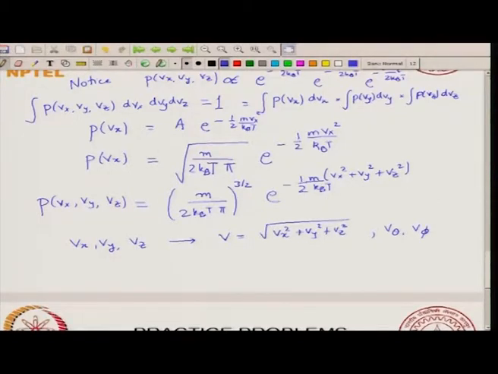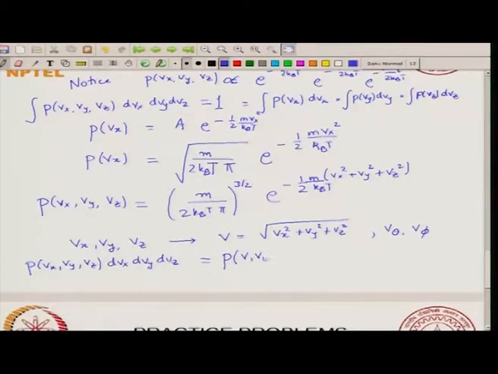Again, these are not important in this description because you can work it out by normalization. Okay. So, when you do this transformation, then the easy way to see what this transformation should be is to insist that you should have P of Vx, Vy, Vz, dVx, dVy, dVz. This should be equal to P of